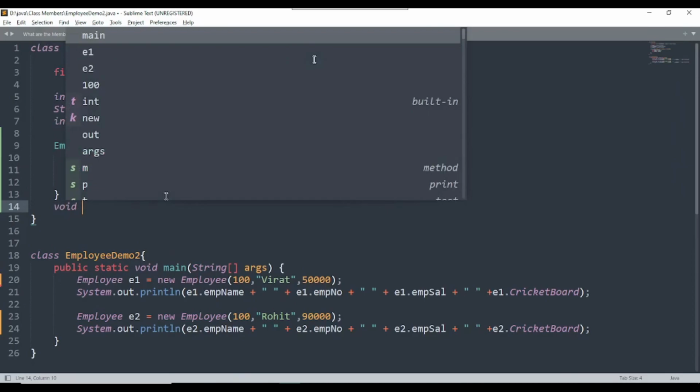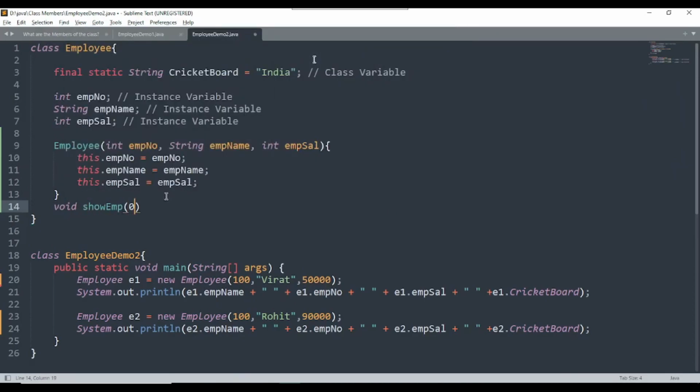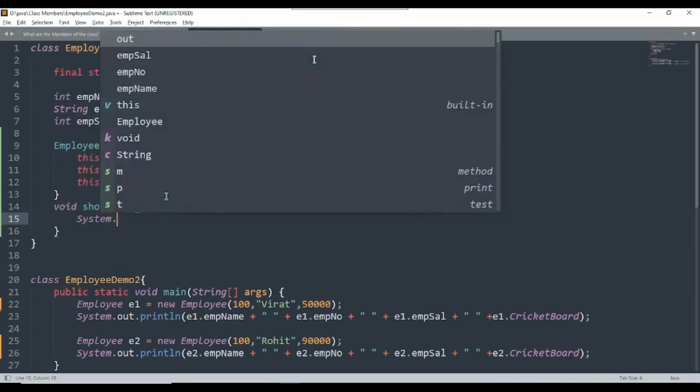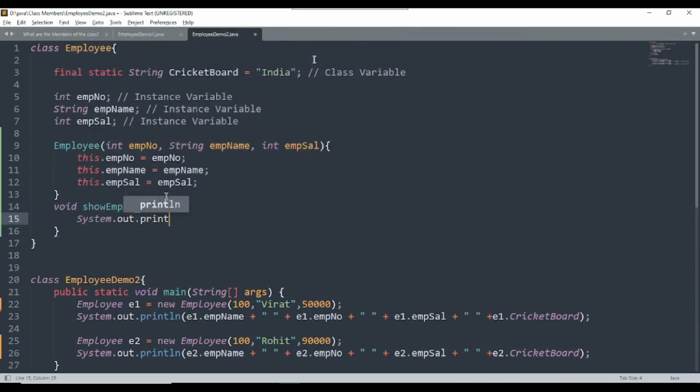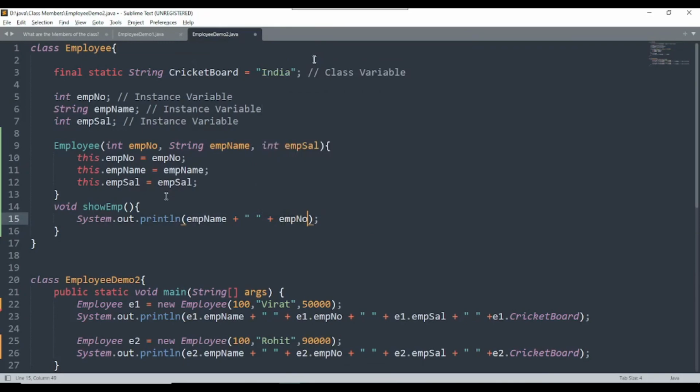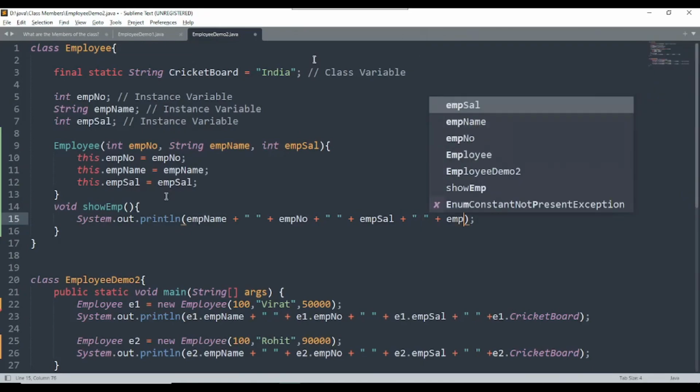Now I am creating another method, say for example void showEmployee. I am just creating a method to show the values. Say for example, println: I am printing employee name concatenated with the string, then employee number concatenated with the string, and plus employee salary, because we want to give the output for all the values.